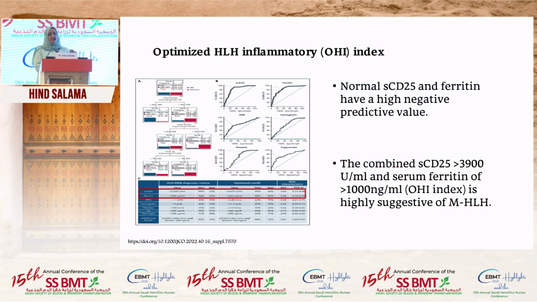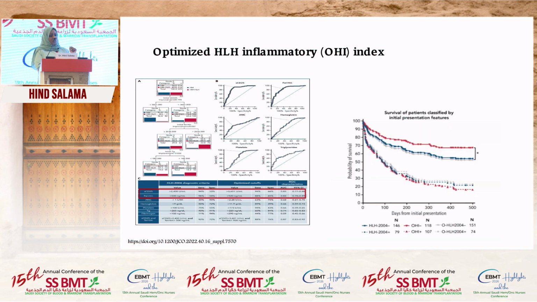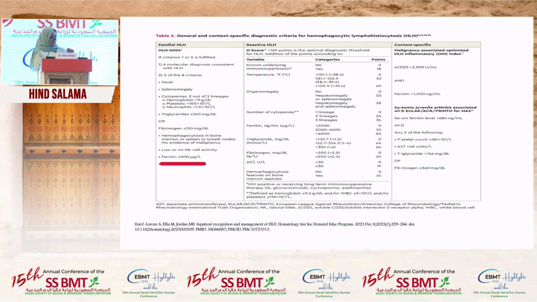But if the soluble CD25 is more than 3,900 and the ferritin is more than 1,000, this is a positive OHI index, and it's highly suggestive of underlying lymphoma. Not only that, it also correlates with the survival of the patient with lymphoma. So patients with a positive OHI index do worse than the other patients. Whatever scoring system you use, and there is also a context-specific scoring system for MAS used by rheumatology, the most important thing is to diagnose your patient quickly, because here time means